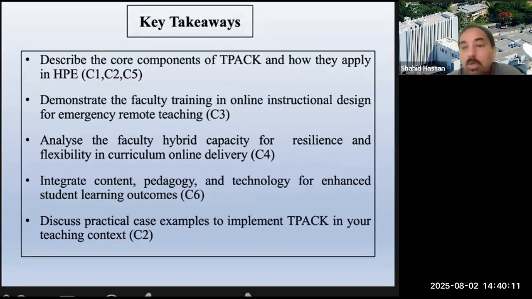The learning outcome achieved by the participants attending here would be, I have tried to cover all the 6 cognitive domains through this presentation on TPACK. First, describe the core components of TPACK and how they apply in health profession education. Second, demonstrate the faculty training in online instructional design for emergency remote teaching, which may happen again,